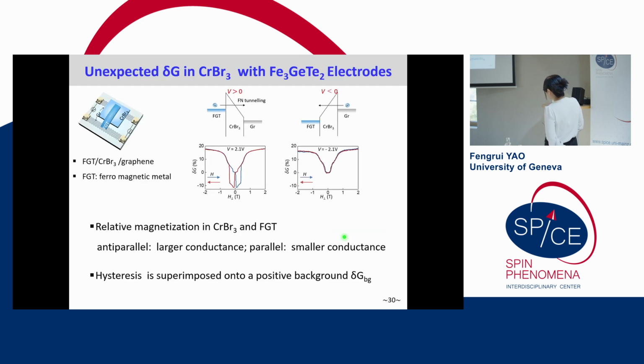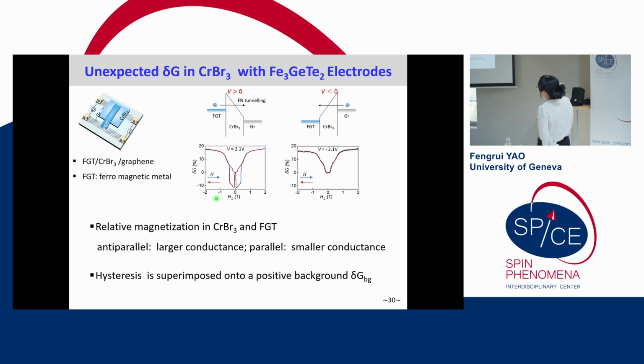This is realized by replacing one graphene contact using FGT. FGT is a ferromagnetic metal. Using this kind of structure, one can apply a positive voltage where the current will generate from FGT to graphene side, and we can also apply a negative voltage where the current is injected from graphene to FGT side. When we inject the current from FGT side, since it's a ferromagnetic metal, this current will